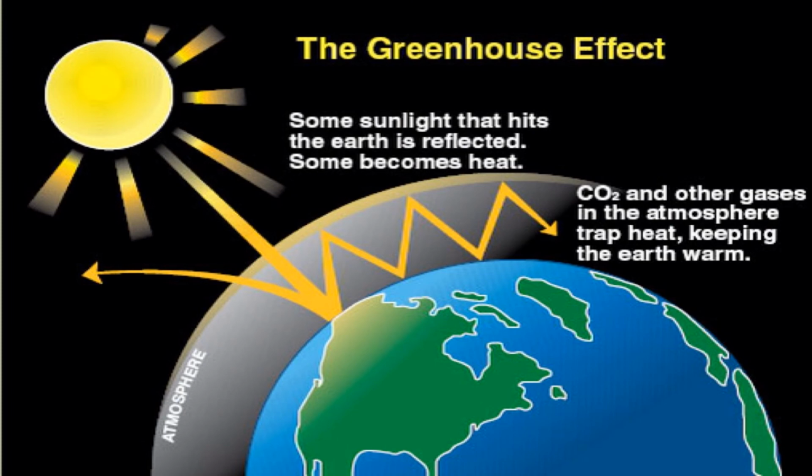Now, we heard that it is important for some of this heat to remain trapped, because we need the sunshine, we need the heat for things to grow and so on. All right, so this layer of heat that is trapped is good to one point, but we'll see that too much of it can cause harm.